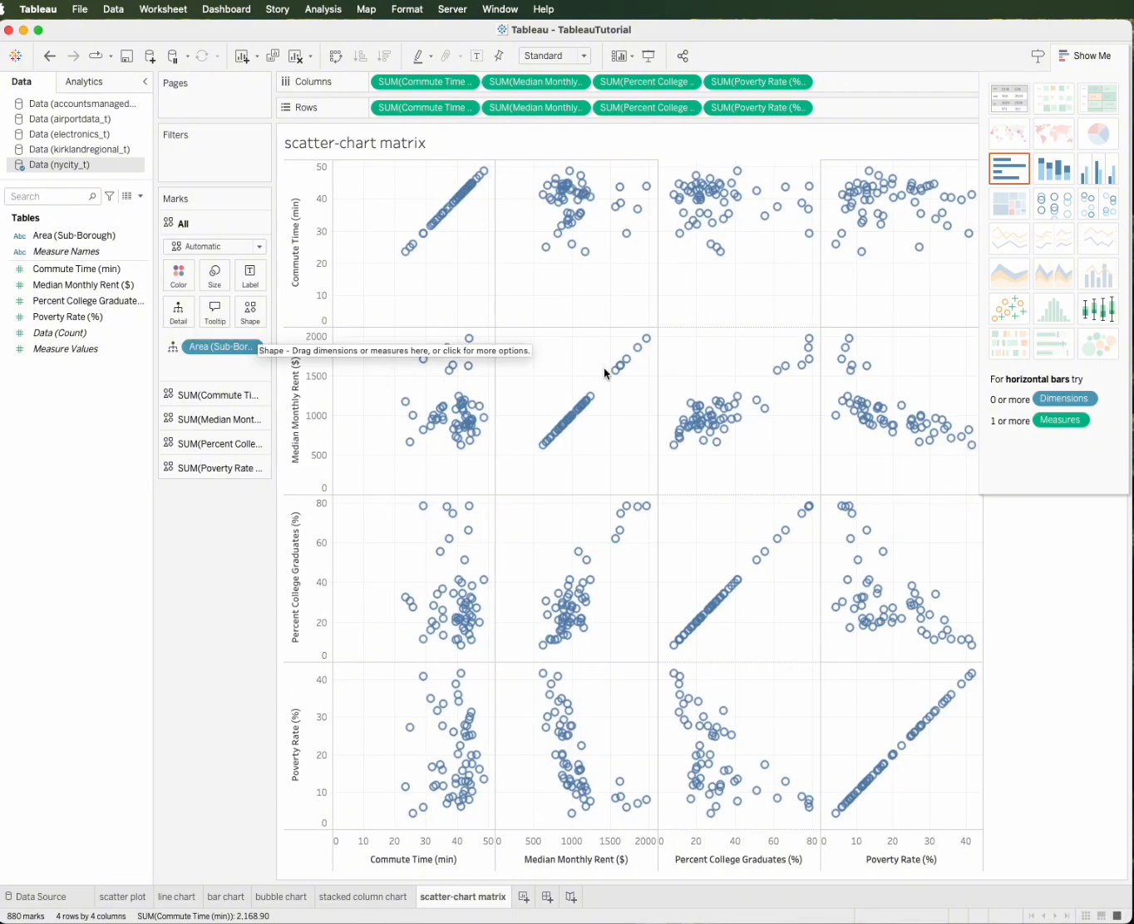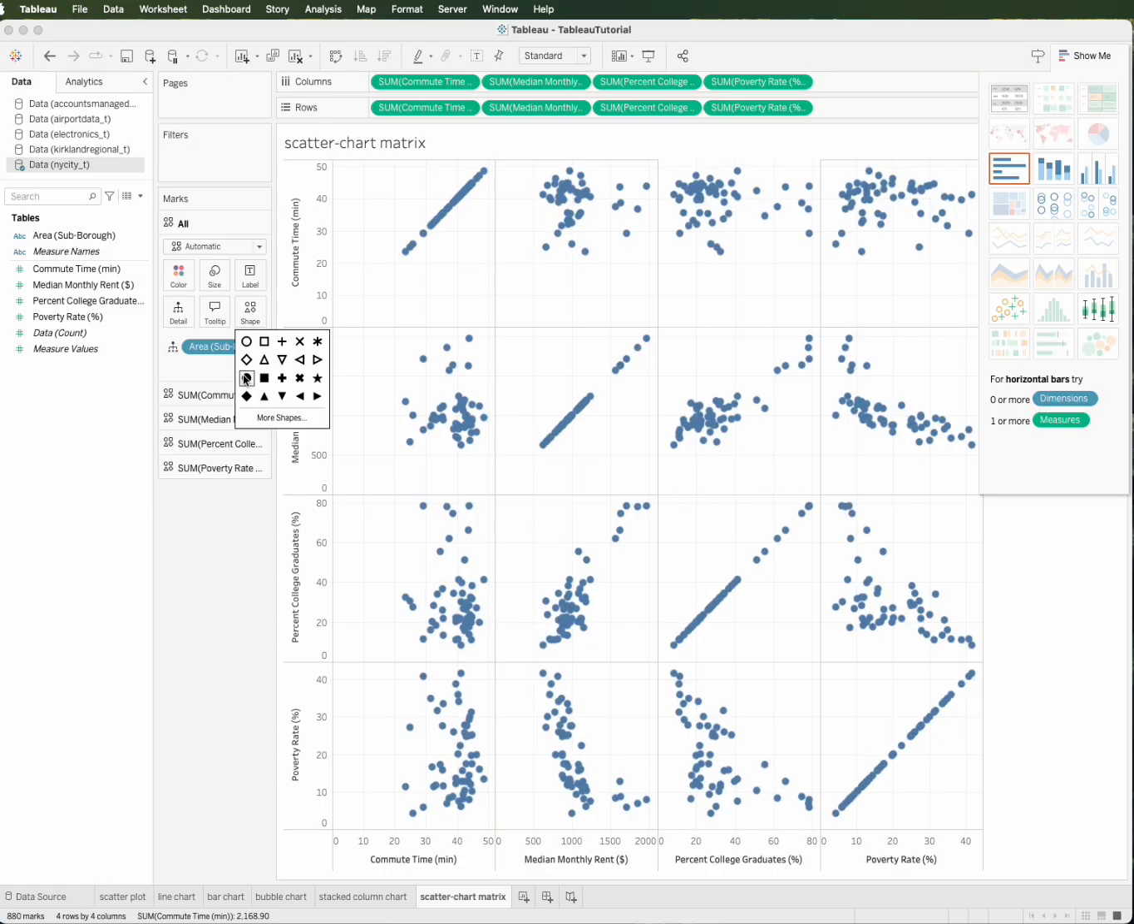So now we have individual points for each subborough. So now we can create the shape. Click the button in the marks area to select the filled circle. And then we want to make the size smaller, so we click on the size button to make it smaller, so it shows the